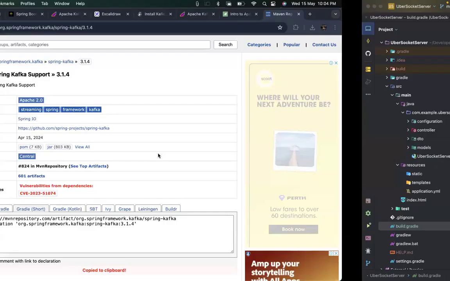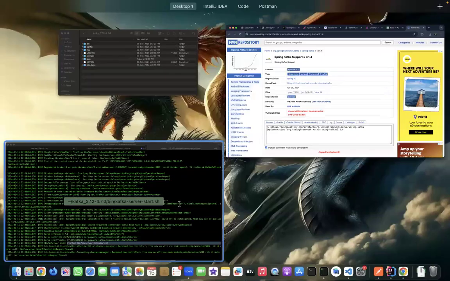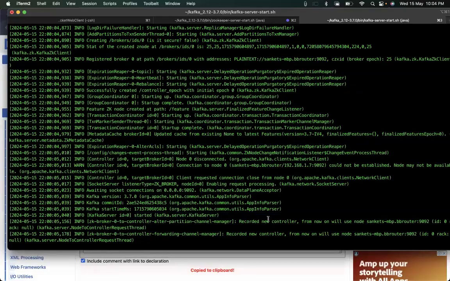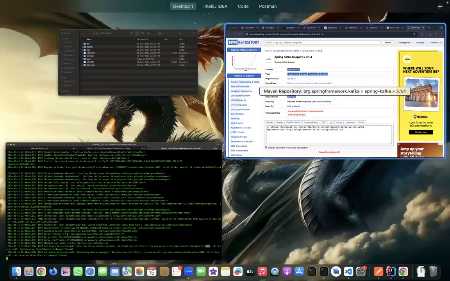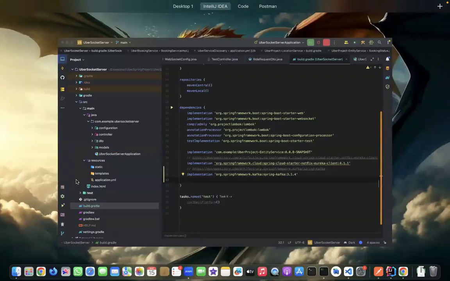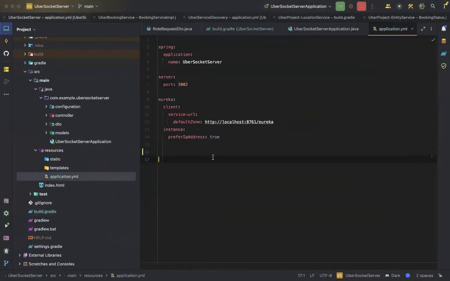Okay. And let's just quickly check where our Kafka servers are running. Probably it should be on port 9000 something. You can see Kafka server is on port 9092. It's a local server on 9092. Got it? Okay. So what you can do is you can come to your application.yml and you can add Kafka